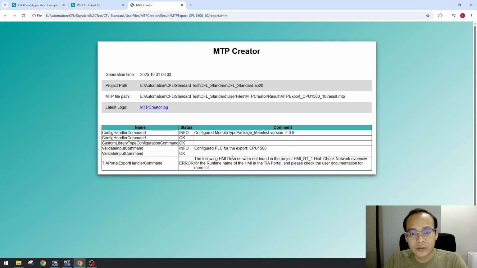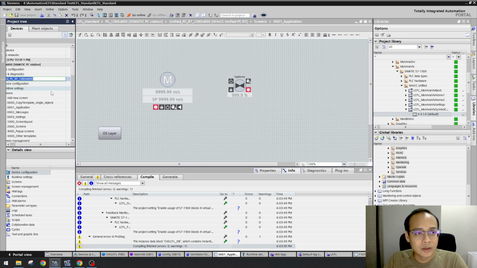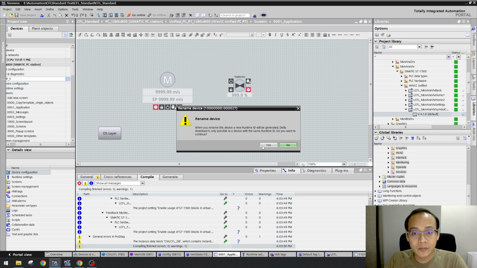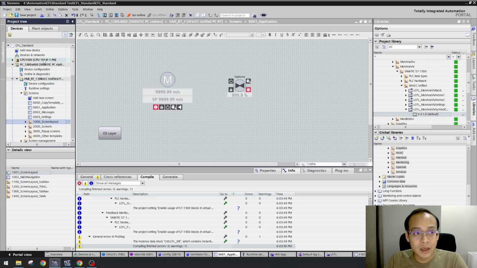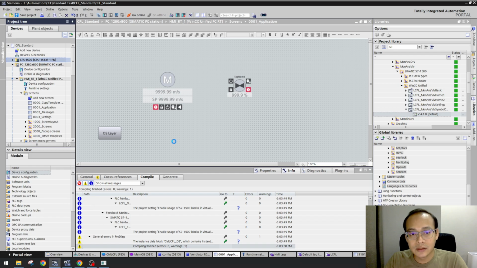This is the result. Okay, the following site. Okay, so this is in the config file. My PC name is HMI-RT-1, but in my project it is a different name. Let's see, Unified PCRT, this one. So let me check if I rename it, and if I export again,